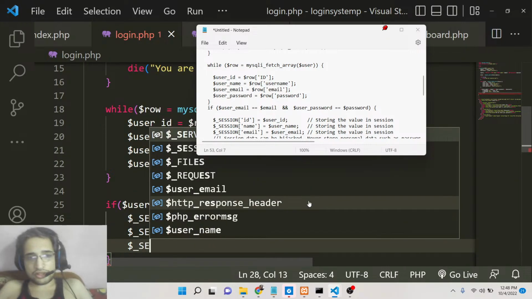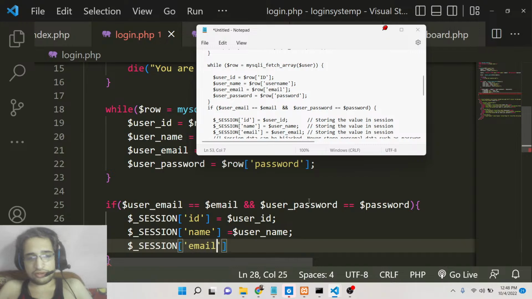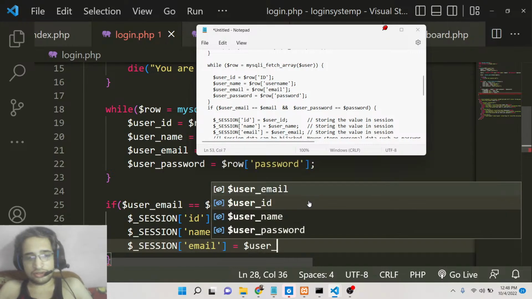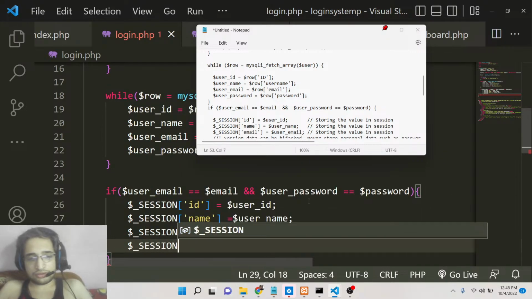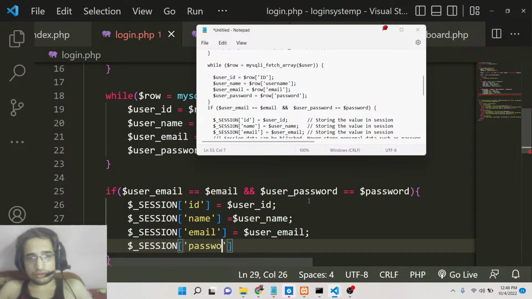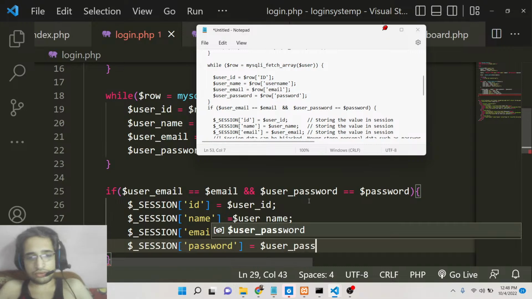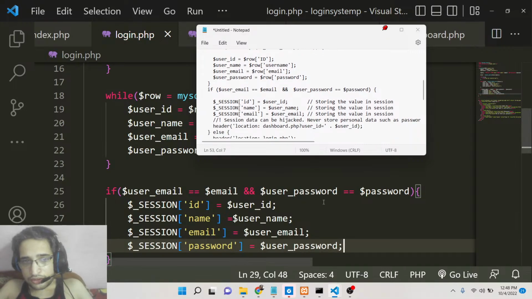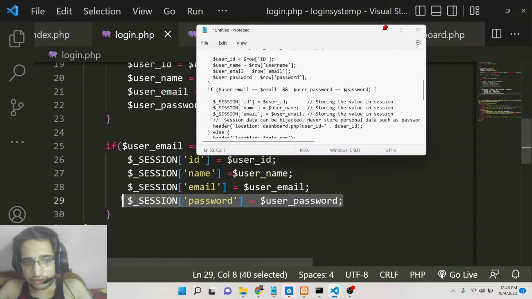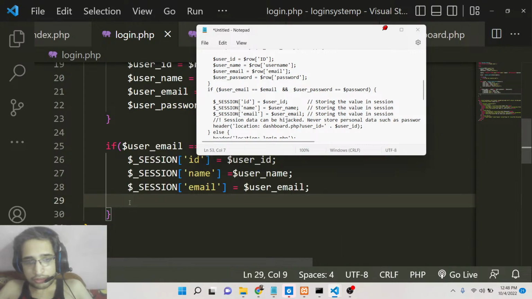and also we will set the email address session. So in this way, you can set the session variables. This is very easy, and we can even set our password. So password will be equal to user password. Actually, password need not be set, so we don't need to set the password, and here we